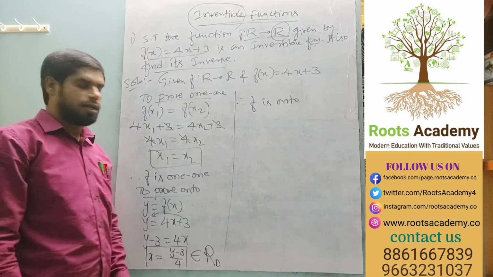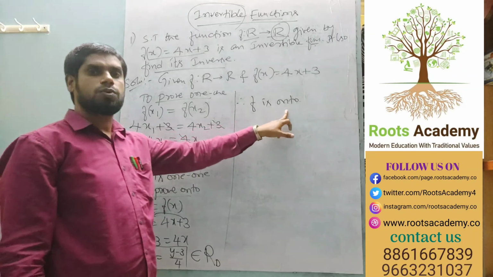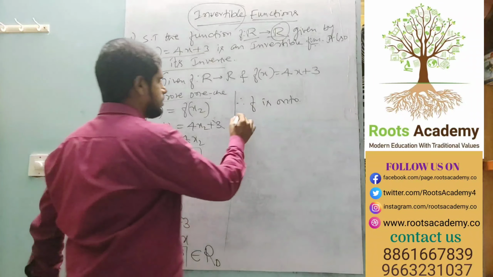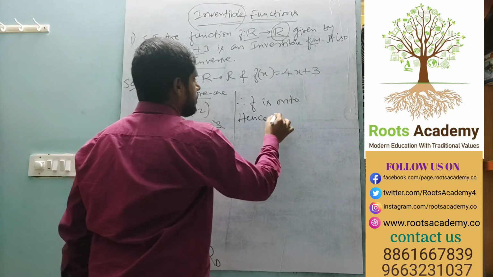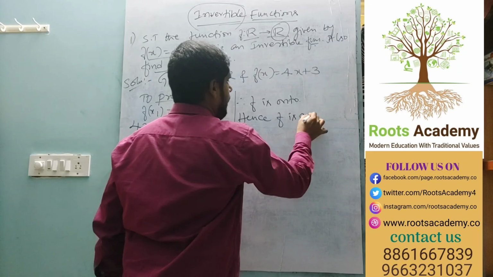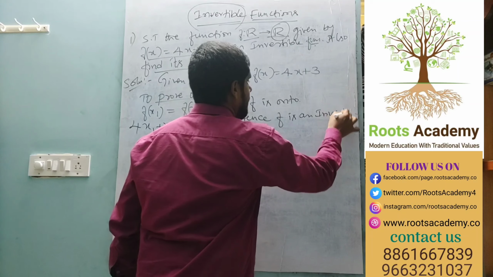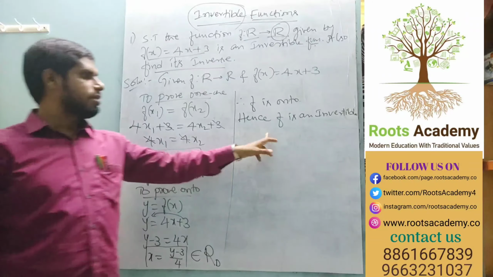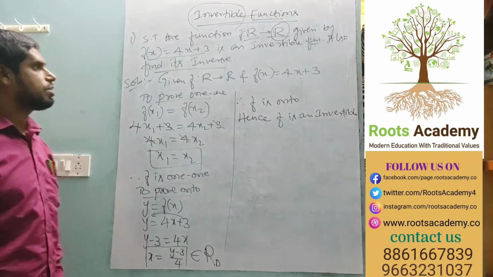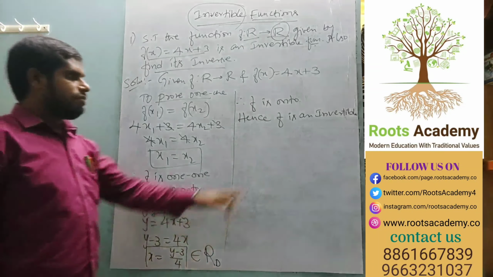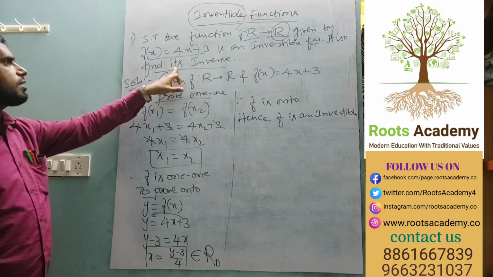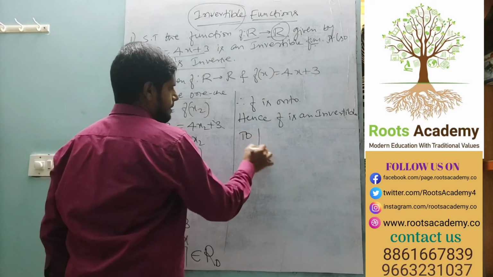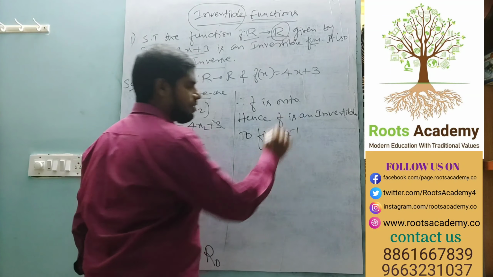Now, as I said, if a function is 1-1 as well as onto, then the function is an invertible function. So the final conclusion is: hence f is invertible. Here we proved f is an invertible function. But after this, he is asking us to find its inverse. Let us see how we can find the inverse. To find f inverse,